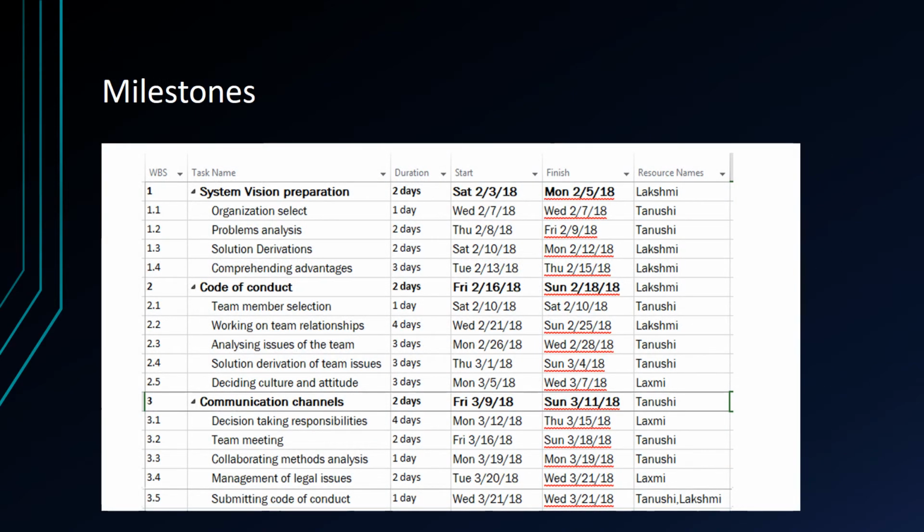This slide displays the several milestones that were a part of this project. It started with the creation of a system vision document, which contains the organization selection, problem analysis, solution derivation, and understanding the benefits of the project. Then started the process of creating a code of conduct document, which detailed the selection of team members, how the team will work on its relationship issues, the process of deriving solutions, and deciding the culture and attitude of the project.